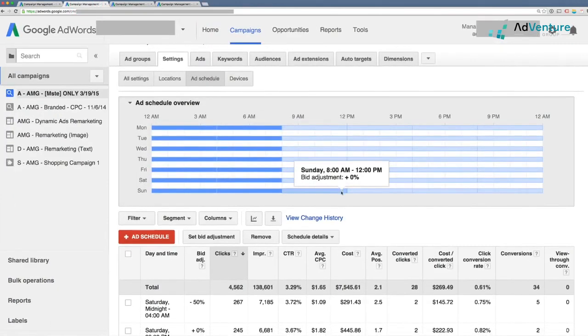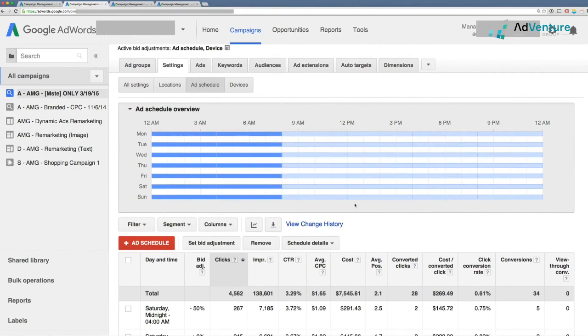So here we're in an account that has an interesting schedule. They're bidding all the days of the week, 24/7, but we have set up a negative bid adjustment during different times of the week and different times of the day. So if we look over here, 12 a.m. to 4 a.m. gets negative 50%, and 4 a.m. to 8 a.m. gets negative 80%. And this is because we saw historically that we got a lot of clicks to the site during these times,